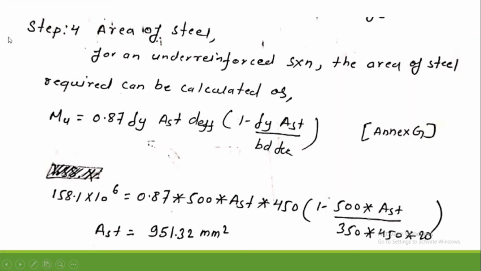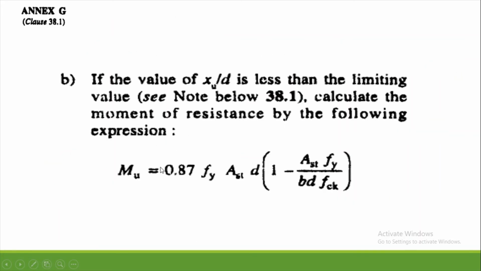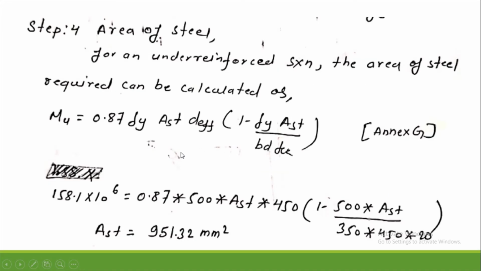Now for step number 4, we have to calculate the area of steel. And here for an under-reinforced section, the area of steel required can be calculated by this formula. If you go to Annex G, then you're going to see this formula. If the value of Xu by d is less than the limiting value, then we're going to use this formula for calculating the area of steel. Here we are using this formula for calculating the area of steel, and by calculating this value, we are getting the area of steel